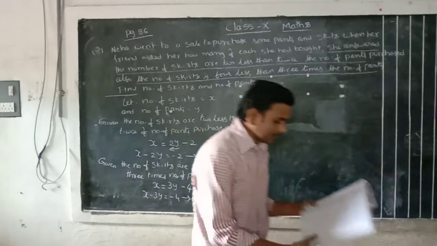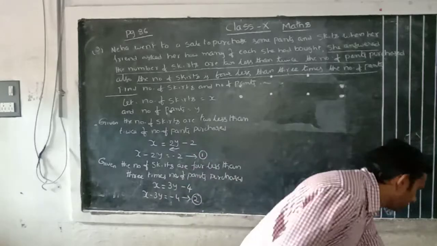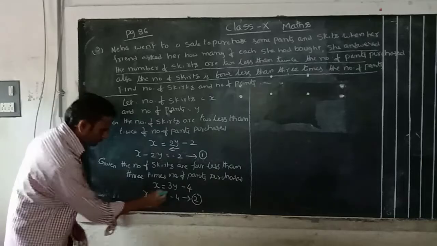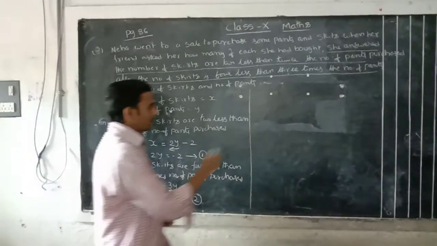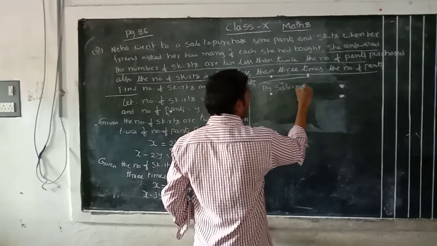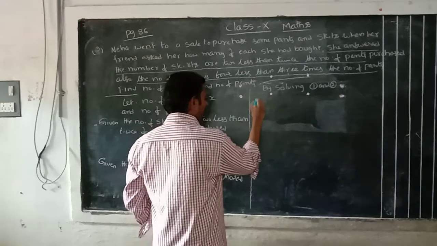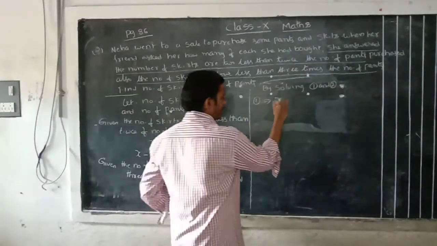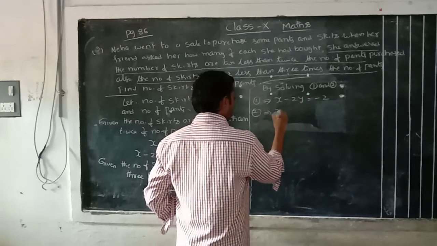Now solve equations 1 and 2. Moving this to this side, x minus 3y equals minus 4. By solving 1 and 2, we take the first equation: x minus 2y equals minus 2. Second equation: x minus 3y